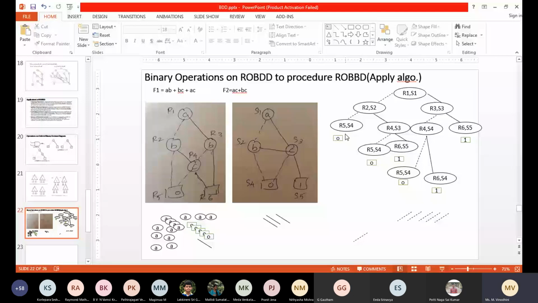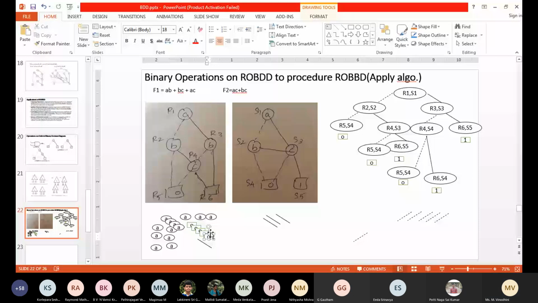So now these are the values you got. This completes your third step. Fourth step. Now what we are doing is, based on the values we have here, we are now going to follow the reduce algorithm. If this is 0 and 1, what is the value for this node? This node is 0, this node is 1. What is the value for this node R4, S4? Forgot the reduce algorithm, please tell me.